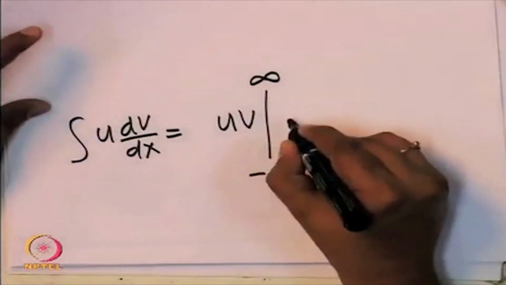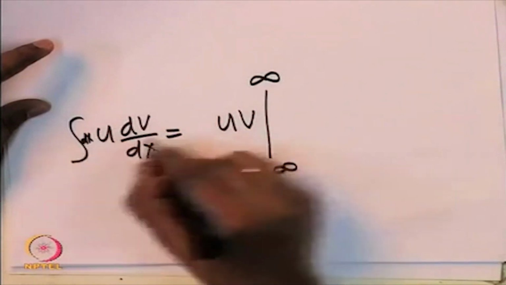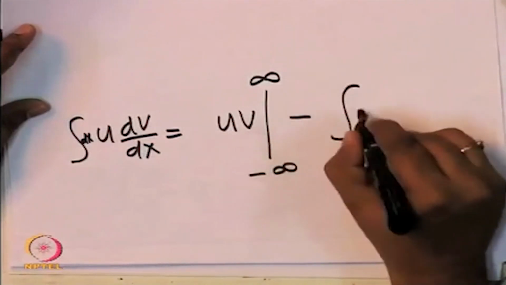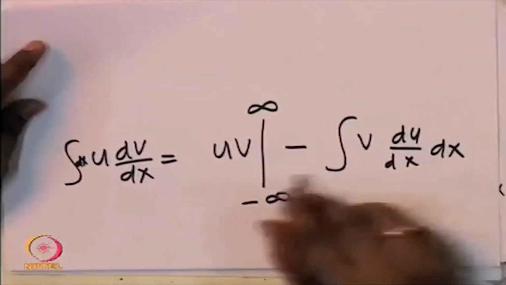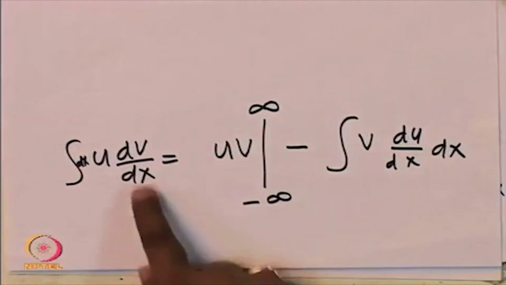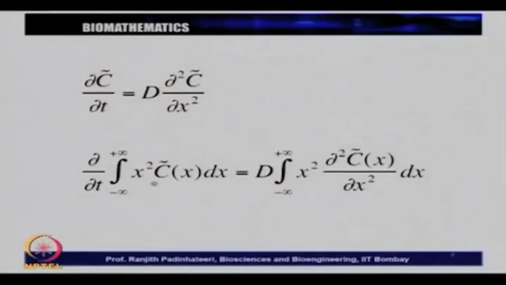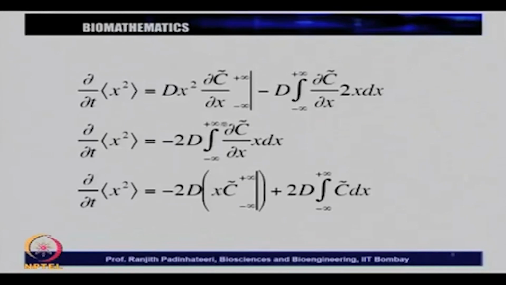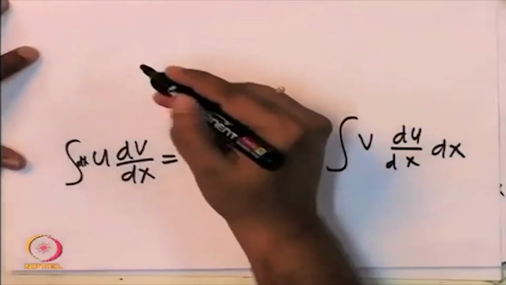Think about this. This is what you will get. Just carefully do this. Integral u dv by dx into dx will be equal to uv minus integral v du by dx into dx. So, this is called integration by parts. You have any function u dv by dx, you can write in this particular form. So, now look at this equation. What do we have here? We had an equation which is